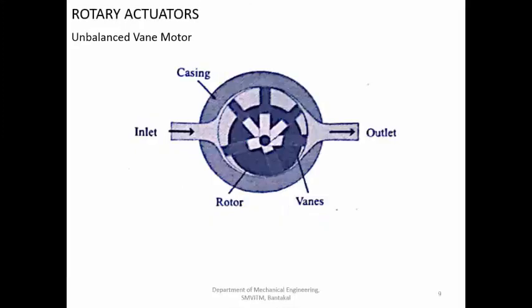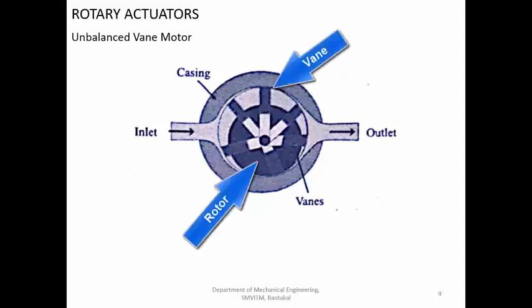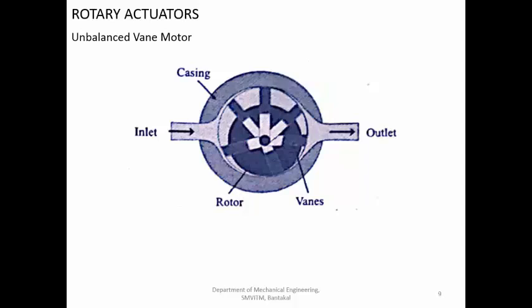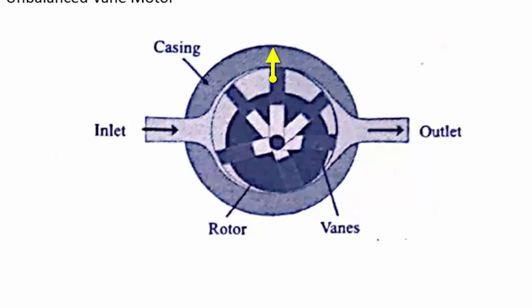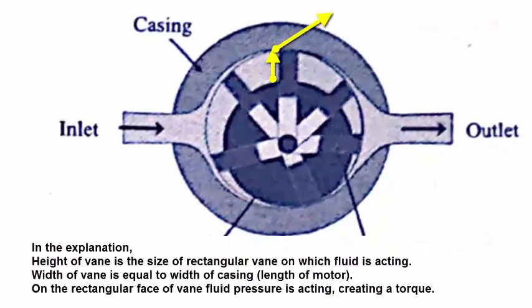The next type of rotary actuator is the vane motor. A vane is nothing but a thin metallic sheet which slides in the cavity of the rotor. So you have the thin metallic sheet here. This is able to slide. The vane will be in the form of a rectangle. This is the height and this is the width of the vane, and the length of the vane will be almost equal to the length of the motor. As the length of the vane increases, you have more area on which the compressed air acts, so you will be able to generate more power or more torque. So depending on the width of the vane, the power output is determined.